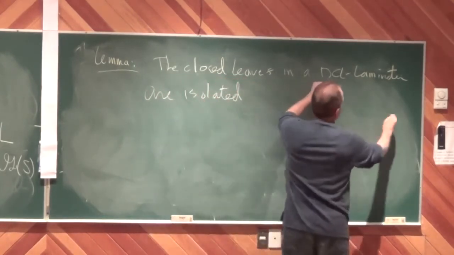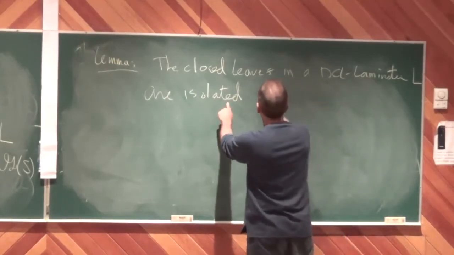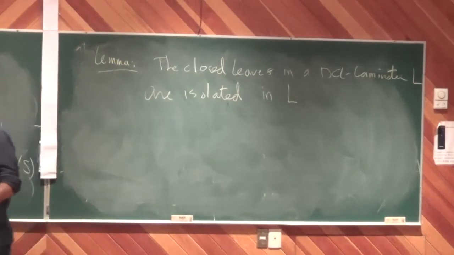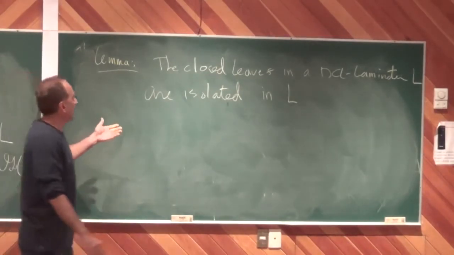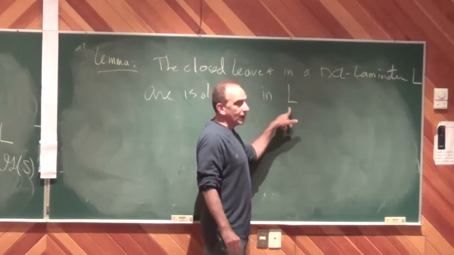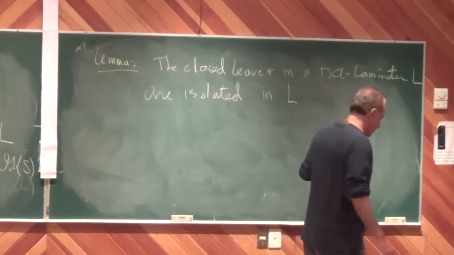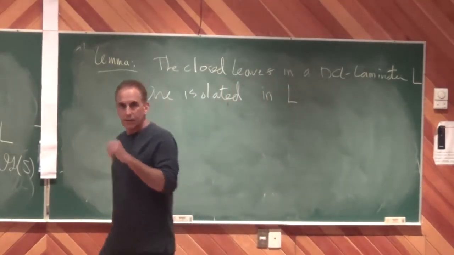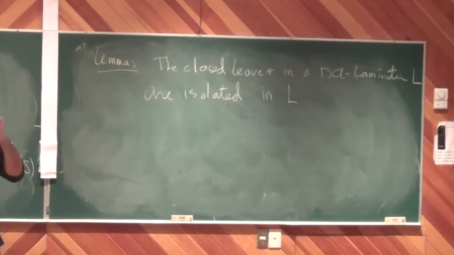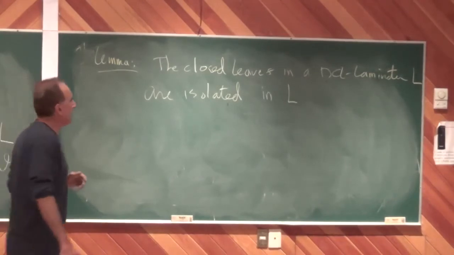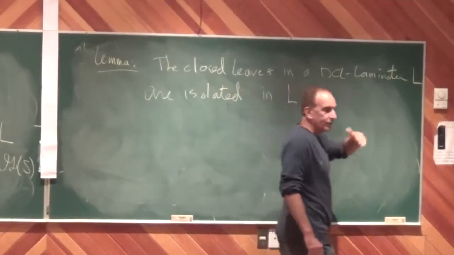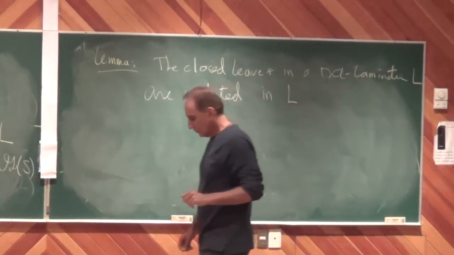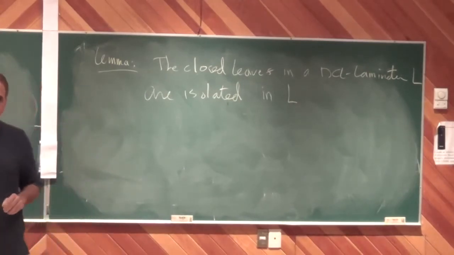So the closed leaves in a DCL lamination L are isolated. So what's the idea? Well, if the closed leaves weren't isolated, what could they converge to? No, let me back up, I'm sorry. We have a DCL lamination. The leaves are either closed or open. Let me first throw out, if the leaves are open,